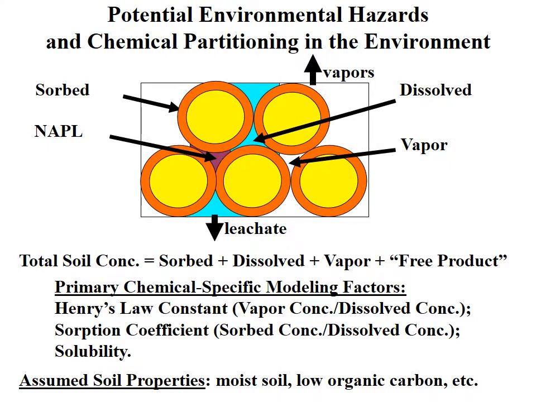So that was just an example. What I want to discuss next is potential environmental hazards in relation to how the chemical partitions in the environment. This really drives the action levels. I'm not going to go into the detailed models here. They're all very similar. I like to think of them as